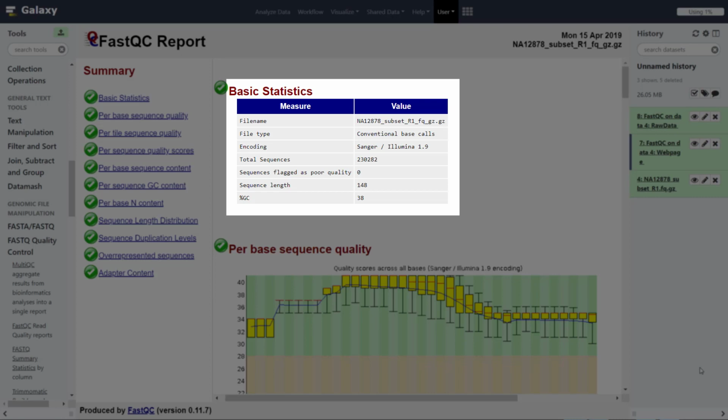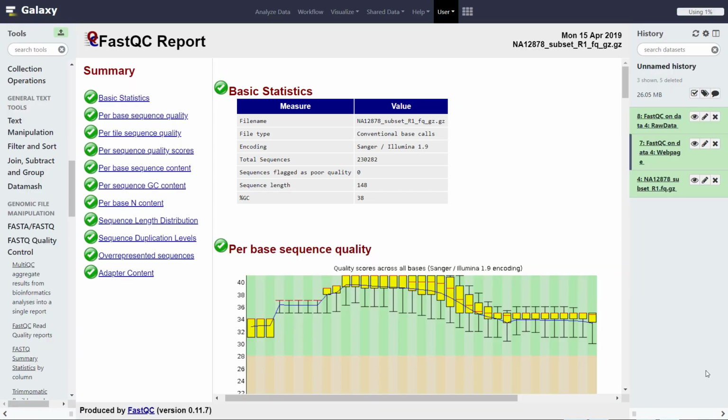Here, each read is 148 bases. Now, if there was a range or variety of lengths, it would be indicated here with the range from the smallest to the largest, but because they only indicate one length, that means that all the sequences are the same length in this file. And the %GC means the overall GC content of the file.